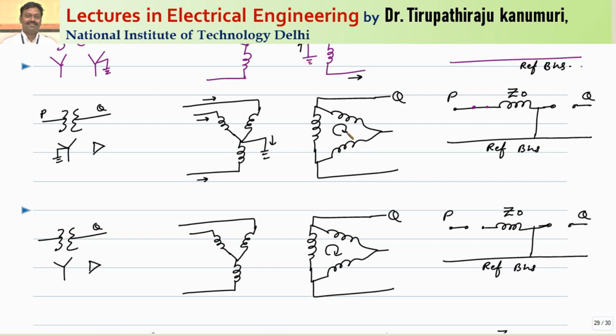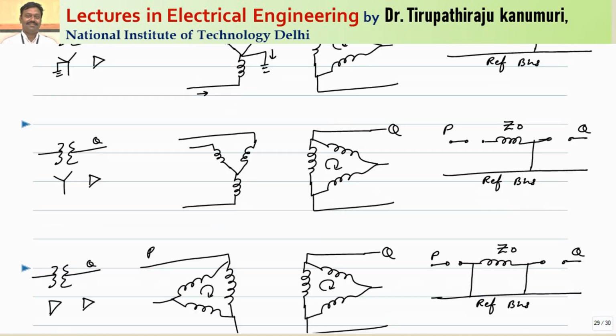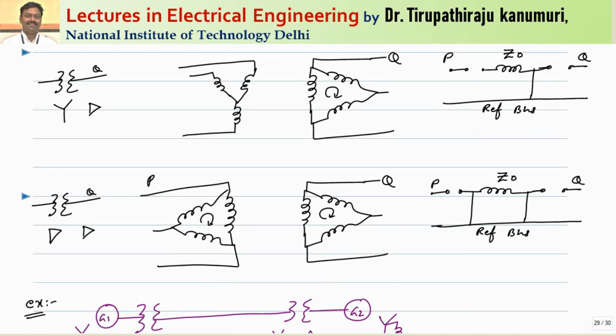That's why you can please refer to my transformers playlist. I have explained there what is the function of the tertiary winding in stabilizing the neutral of a star connected transformer. So there I have explained how it will stabilize it. You can please refer there. You will understand the concept completely clearly: when the supply is not supplying, how the delta can still supply the required zero sequence component. I have explained there in detail in the transformers playlist.